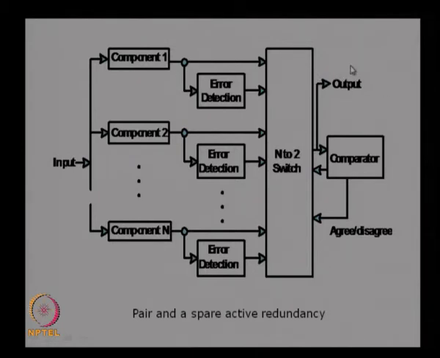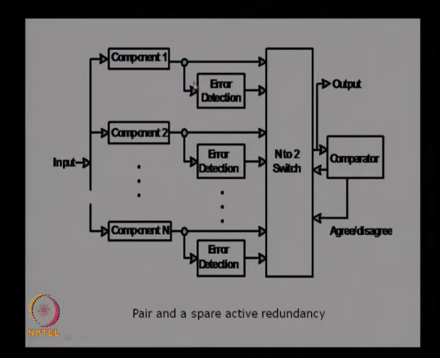It is a little bit more redundant because we have more comparison over here. Even if these two are not declaring any error, we still go one more level of checking whether these two have the same output, and only then will the output be given. If these two are not the same, then another two outputs will be taken and compared here, and if they agree, only then will that output go. So, we are having an additional level of checking to ensure that there is no error between the outputs.